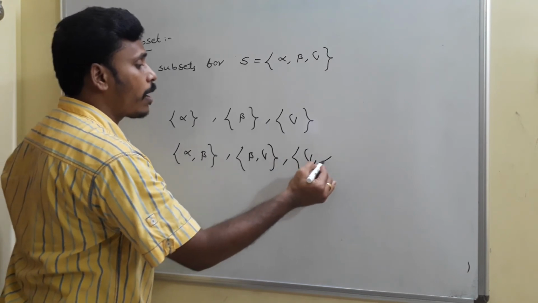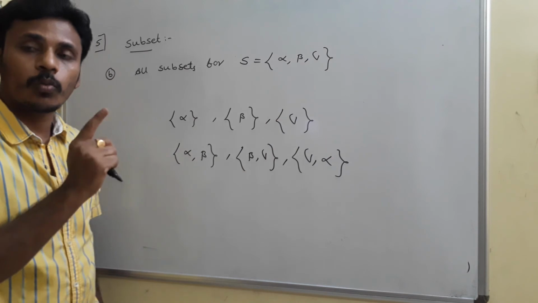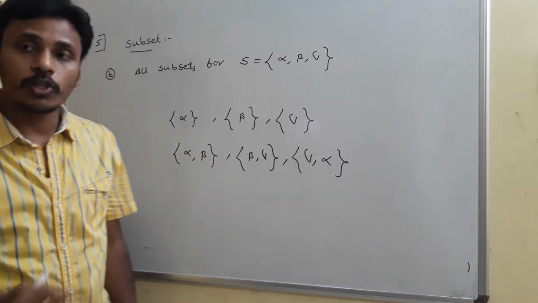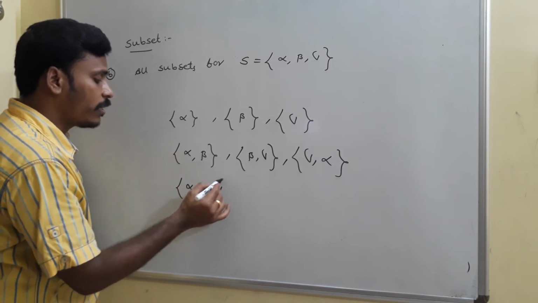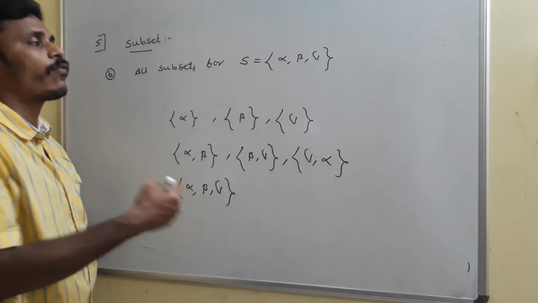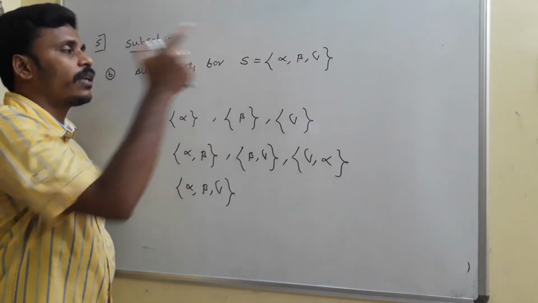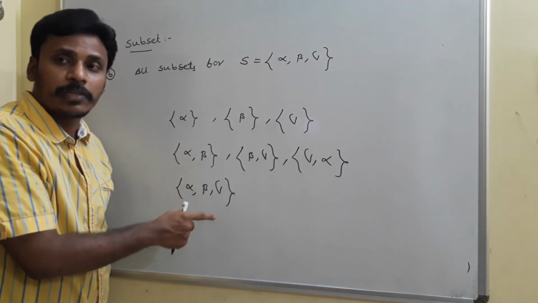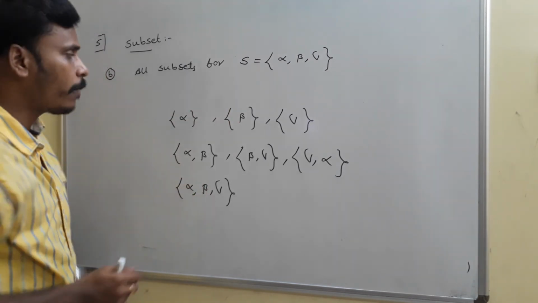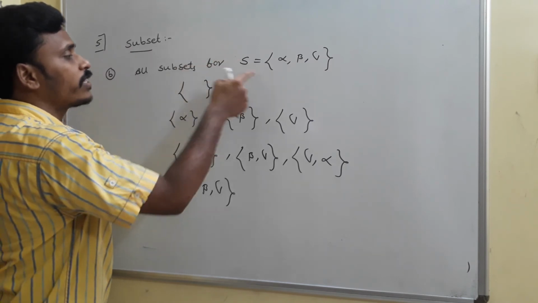And if you take gamma alpha, another subset. See, all these are the subsets with one element, and these are the subsets with two elements. And as we discussed, if I consider a set having all the elements alpha, beta, gamma again, this is also a subset for the given set S, because every element of this set is in S. So this is a subset having three elements. And if you think about the empty set, whether it is a subset for the given set or not.